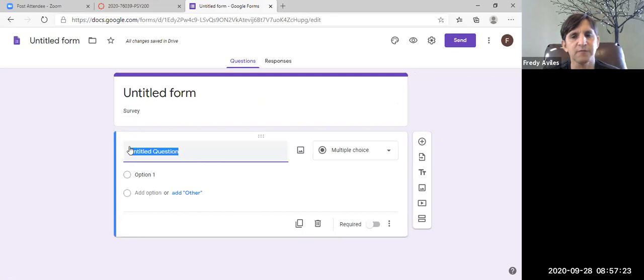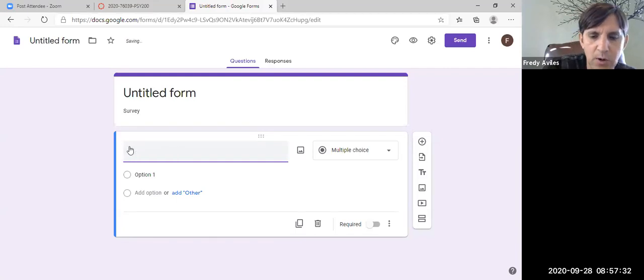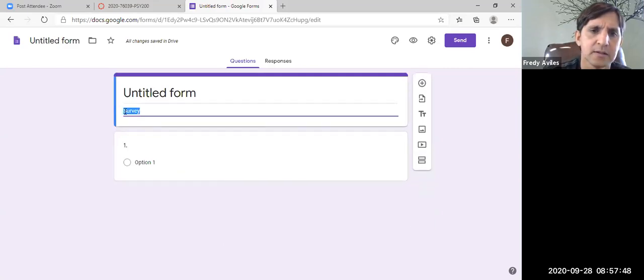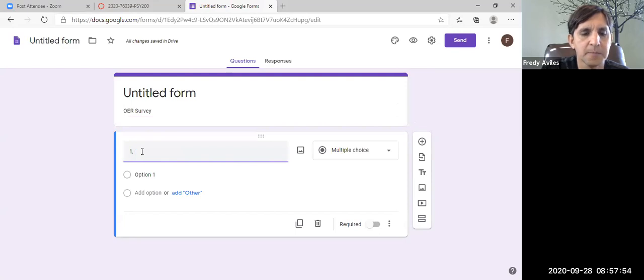I'm just going to make some stuff up to show you different types of questions you can ask. So it's going to be question number 1. Remember, I want you to number your questions. Question number 1. Okay. And let's just do the example that I was showing you guys earlier that has to do with the OER survey. So you know what? Let me call it that then. OER survey. And question 1 would be,